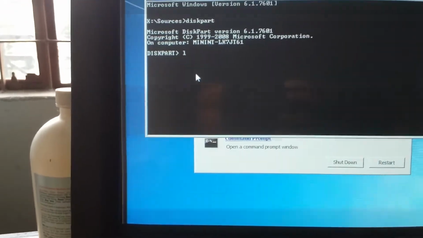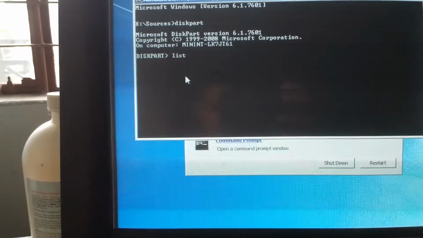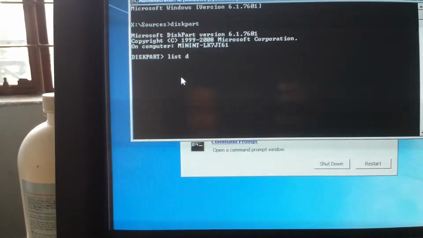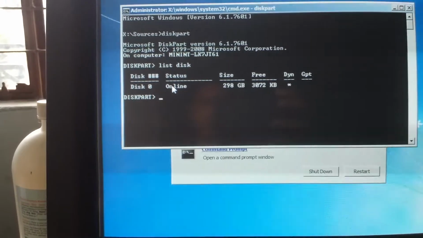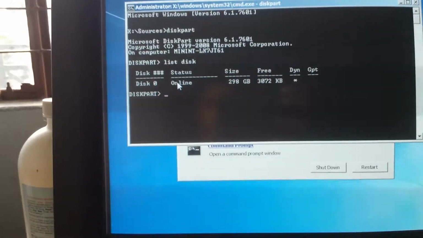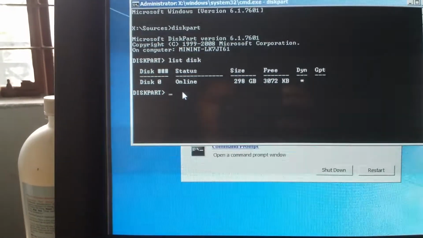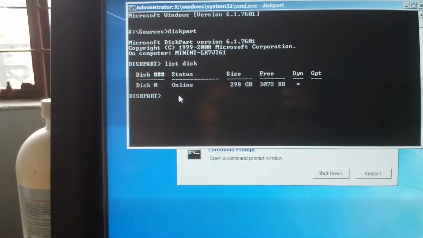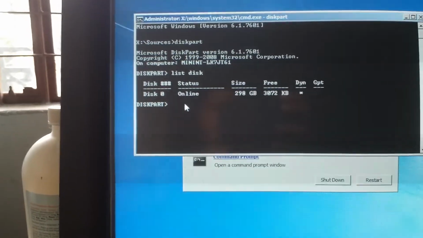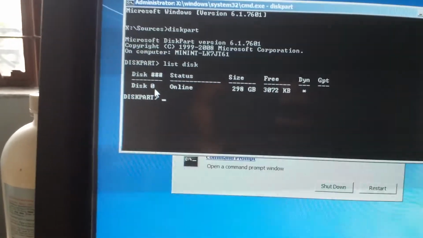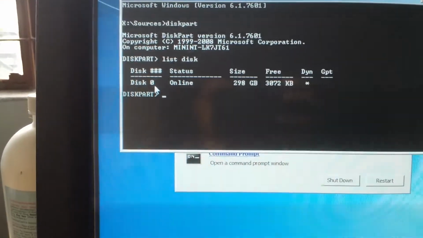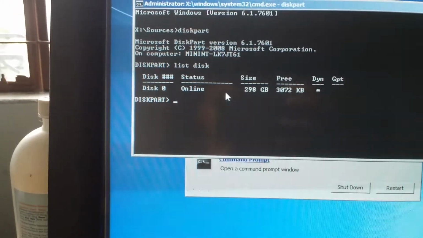So right now I am going to type one command, which is list disk. After entering this command, it will show how many hard disks are connected with the motherboard. Here you can see disk 0. In disk 0 connection there is one hard disk drive which is showing here.